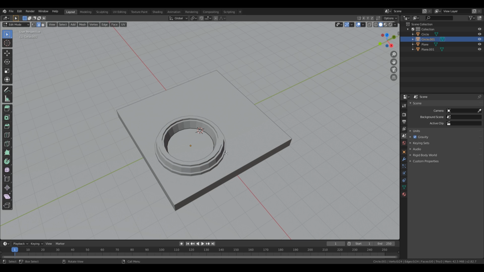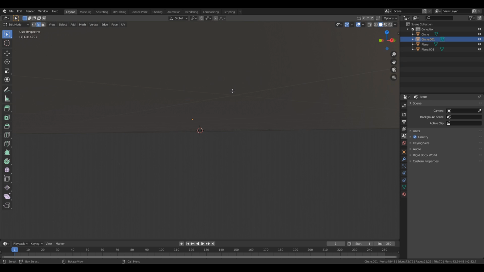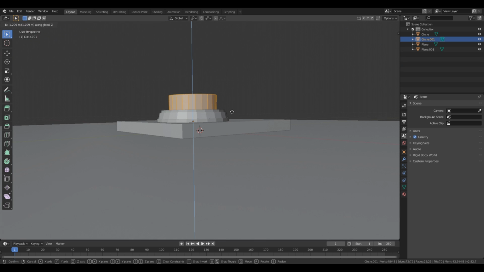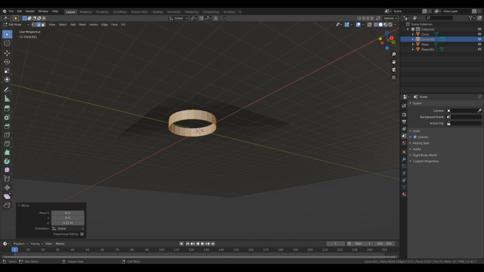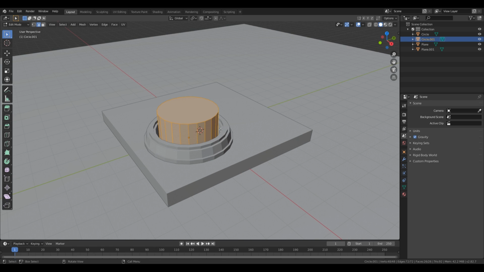And right now we can tab in, select all and extrude on the Z axis. And right now we can press F to close this, select all, move it a little bit down. You can see we have a nice cylinder, so let's close this side as well, so alt click F. And right now I want to recalculate normals, so select all and press shift N in case we flipped some